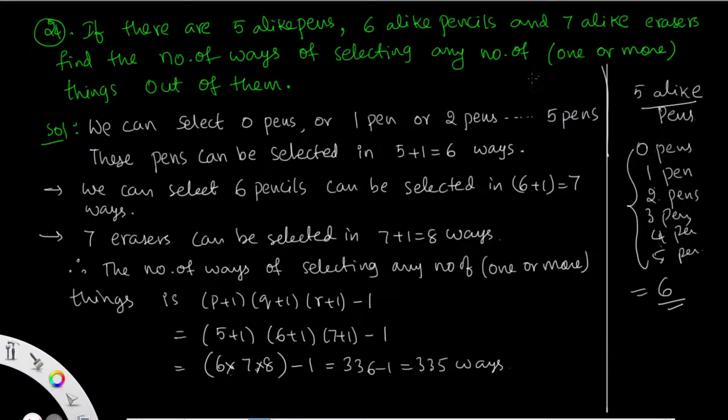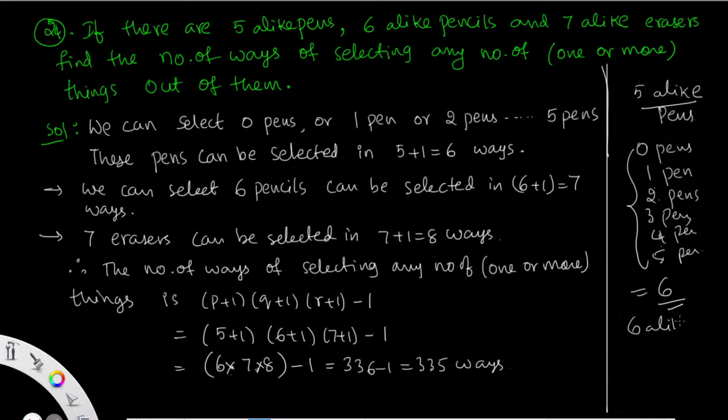Selecting 0 pens is also one way. If you don't want any, you can select 0 pens, or in one way 1 pen we have to take, or 2 pens, or 3 pens, or 4 pens, or 5 pens. Then the total, this can be selected in 6 ways, and similarly 6 alike pencils